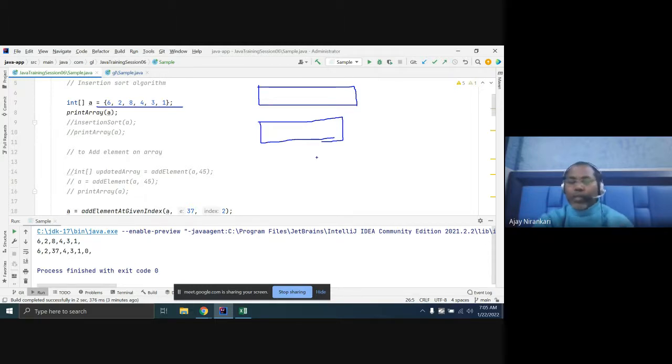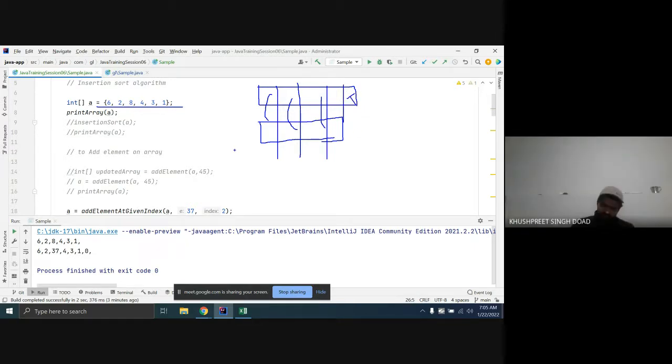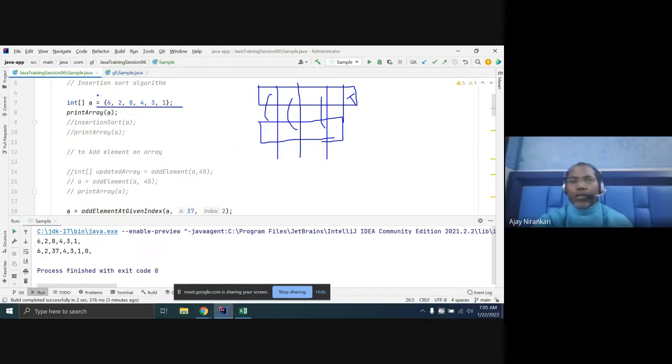The logic is simple: just copy all the values from here to here, and your last element by default would be skipped. That means removed. Only copying these values, the one is automatically removed, and the rest you leave. So this is one way.